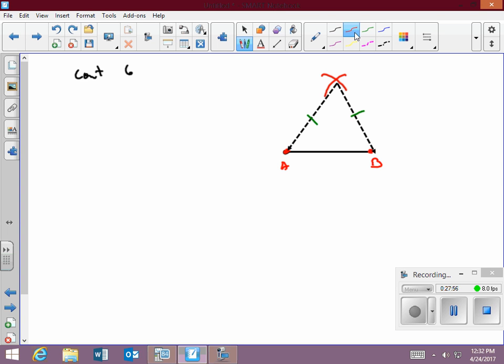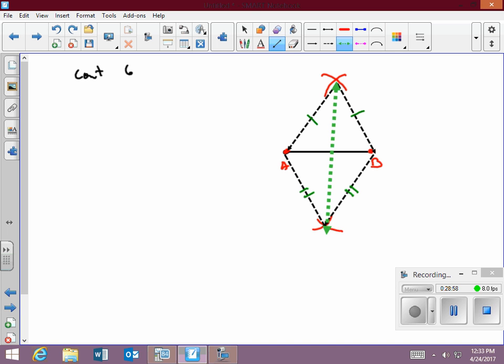Now you would take, it wouldn't make any difference whether you took that same length or another length, as long as it is longer than half the distance from A to B, and you would swing another arc down here and from A, and then you'd swing an arc this way, and you would have established that this side and this side are congruent. And then if you join those two points,